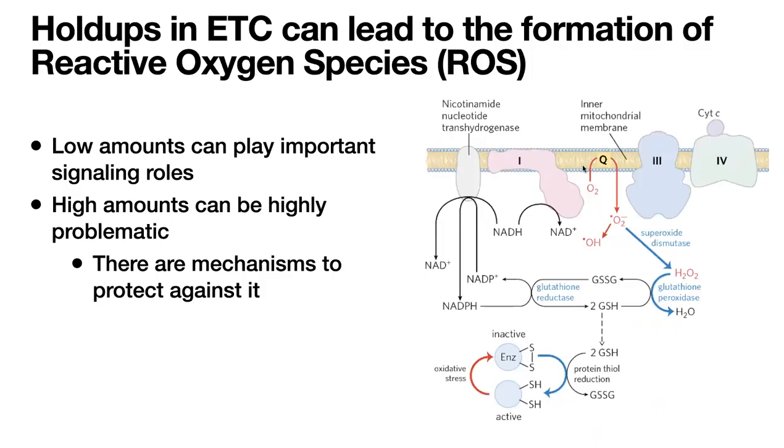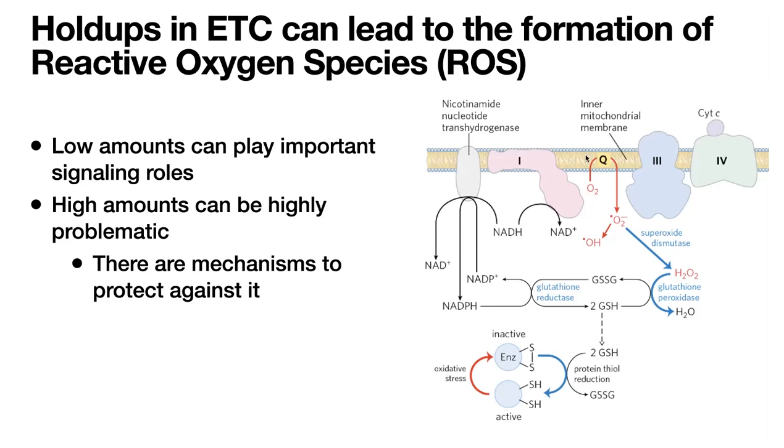In the electron transport chain, remember that we're ultimately passing off electrons to oxygen. What would happen if we didn't have oxygen around? Well, then there wouldn't be anything to accept, or we didn't have enough oxygen around. There wouldn't be anything to accept the electrons at the end. We'd just have a slowdown in our electron transport chain. If we have a slowdown in our electron transport chain, this can lead to the generation of reactive oxygen species,